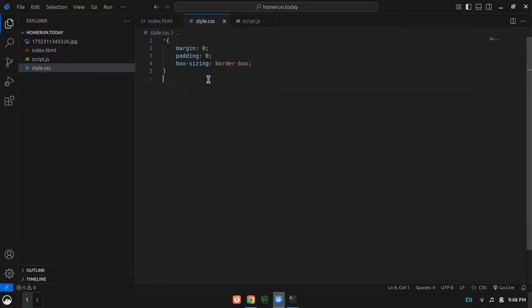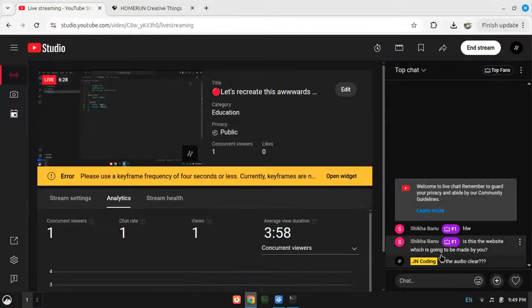For the body and HTML, the width will be 100vw. Okay, all set. Now let's give the page one a width of 100vw and a height of 100vh. By the way, 100vw and 100vh mean 100% of the screen width and 100% of the screen height, if you care.